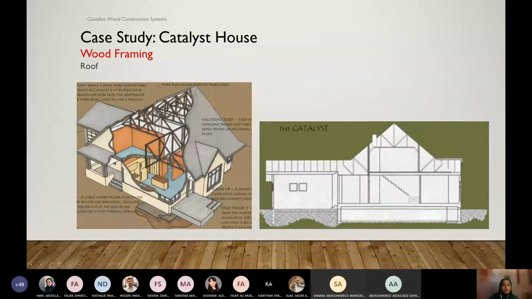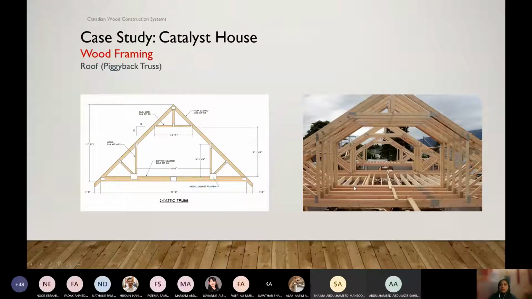If you can see the truss here, it looks like that. This is our upper floor area. This is the garage area. For the garage, we used a simple truss. For the whole house, we used this kind of truss, and we call that a piggyback truss.